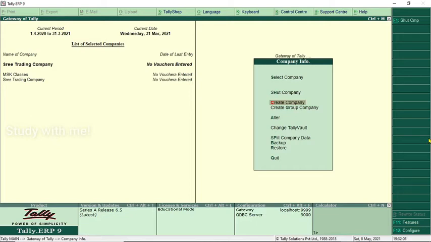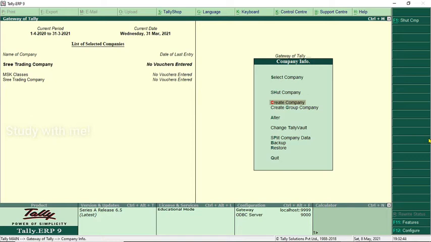Once you have created a company in Tally ERP9, the next step would be setting up the Tally ERP9 features and configurations. These are a set of options that help you to optimize your use of Tally ERP9. Features in Tally ERP9 are a set of capabilities provided as options. They enable you to maintain financial records as per your business needs.